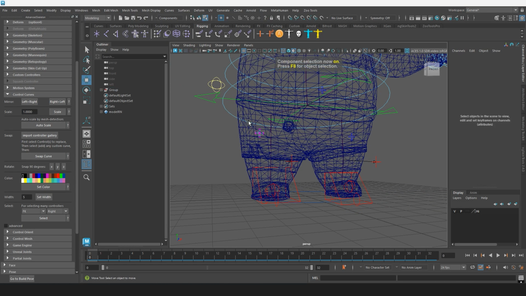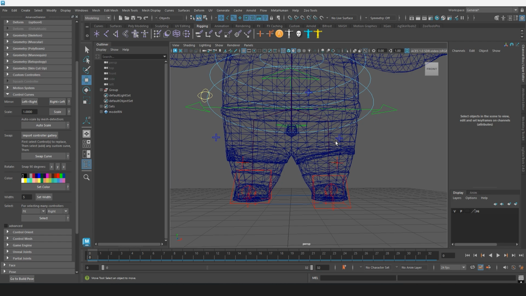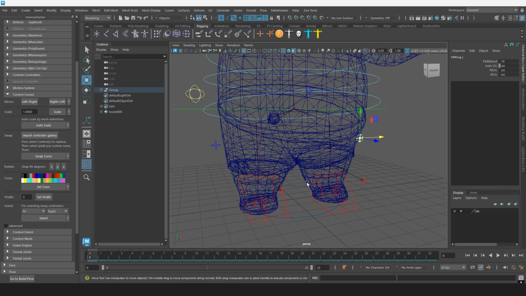Let's bring these controllers towards the outside of the mesh. Let's change these to